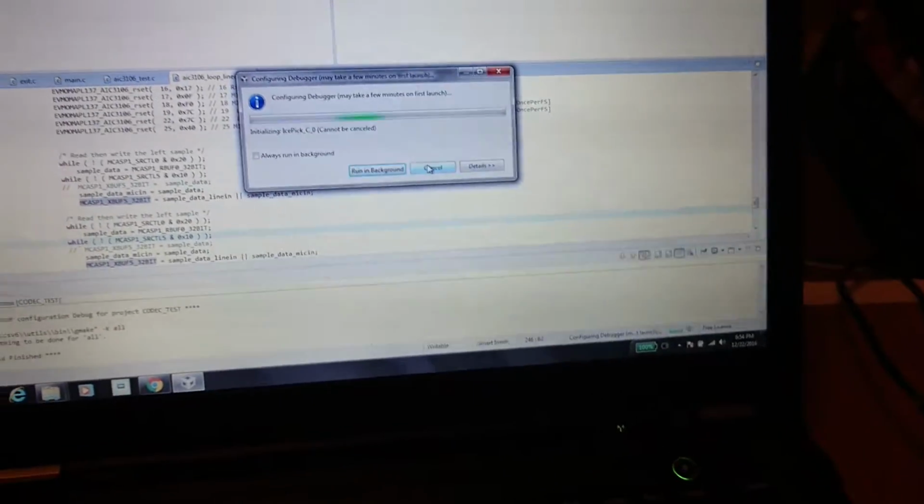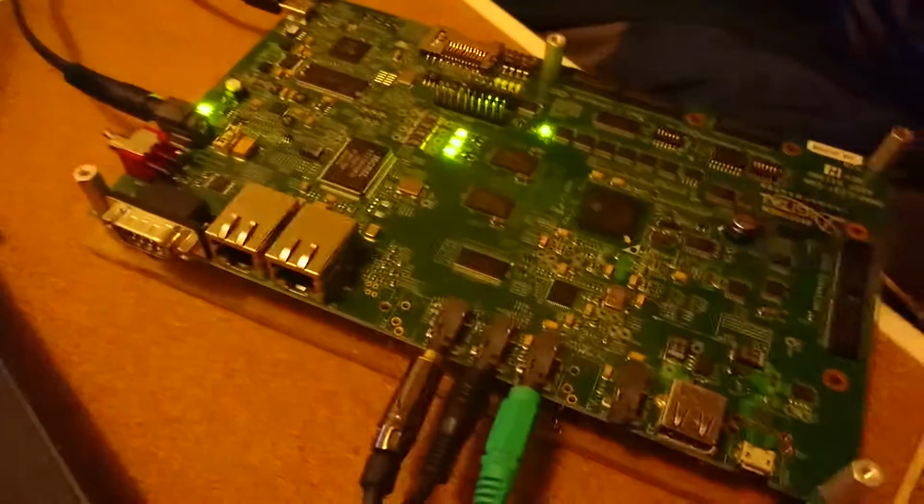So the debugger is initializing. Let me crank up the volume, because the volume of the heartbeat is really very less, and in order to hear that we need to crank it up. I will be placing the mobile phone close to the speaker so that the heartbeat is audible, and I will try to avoid the noise around here. And now we are in debug mode. So the setup is all ready. Now I'm just going to